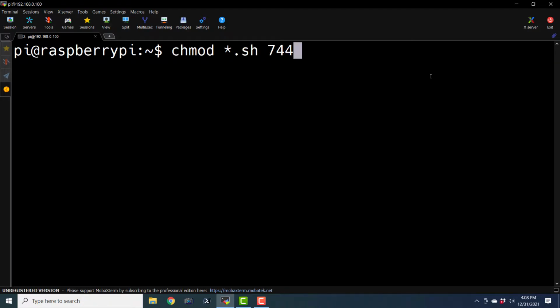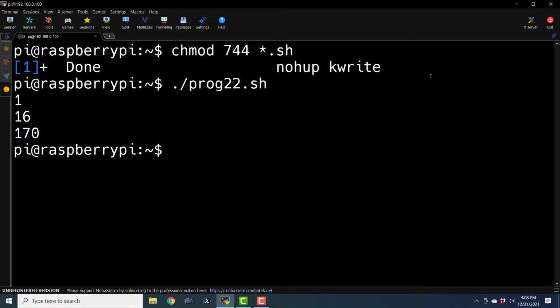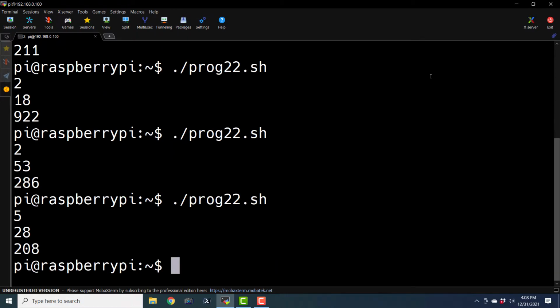Okay, so we can run bash prog22.sh. So this is a 1-digit, 2-digit and 3-digit random number. This way we can generate multiple random numbers. And this is cool. Okay, so this is how we can generate the random numbers.